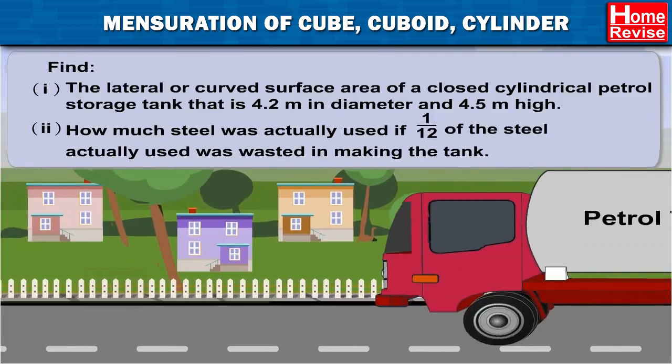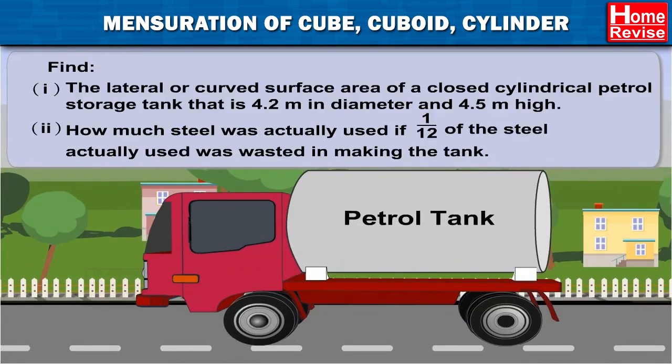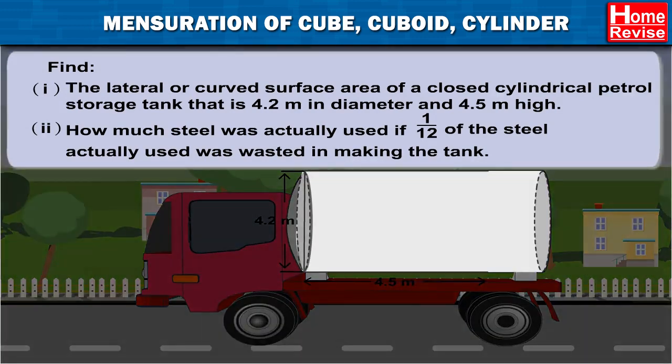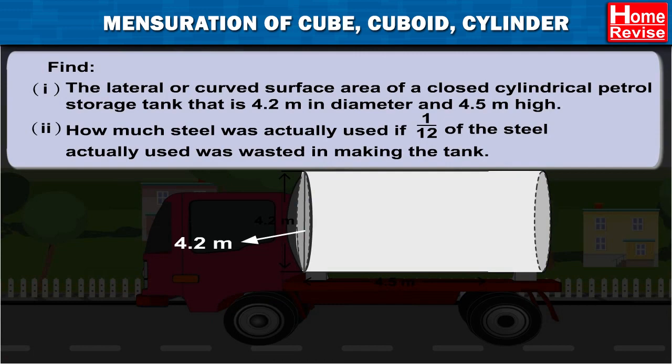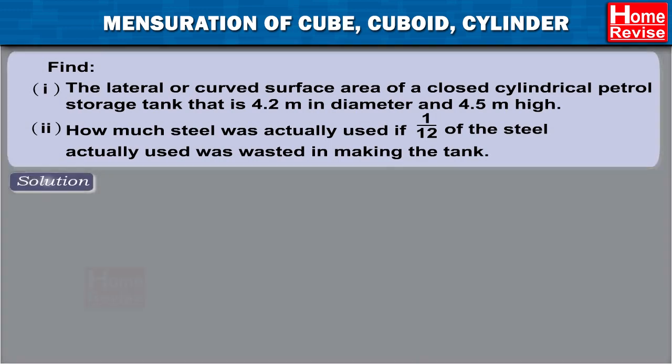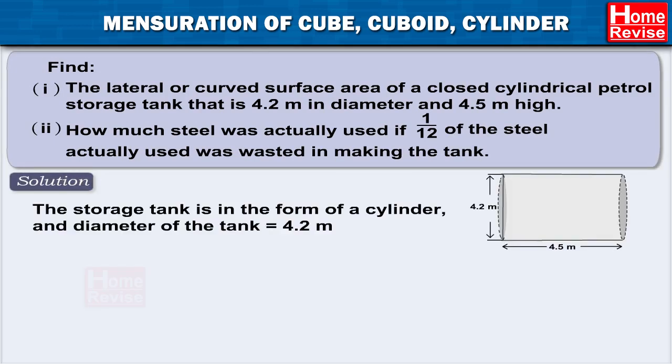Find number 1: the lateral or curved surface area of a closed cylindrical petrol storage tank that is 4.2 meters in diameter and 4.5 meters high. Number 2: how much steel was actually used if 1/12 of the steel actually used was wasted in making the tank? Solution. The storage tank is in the form of a cylinder and its diameter is equal to 4.2